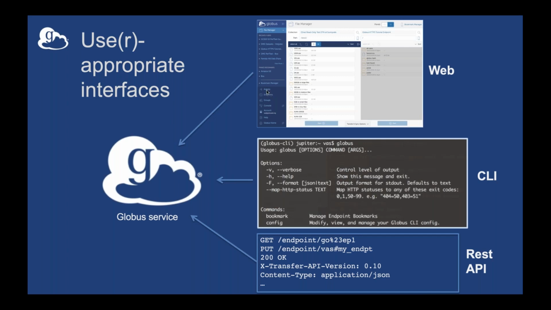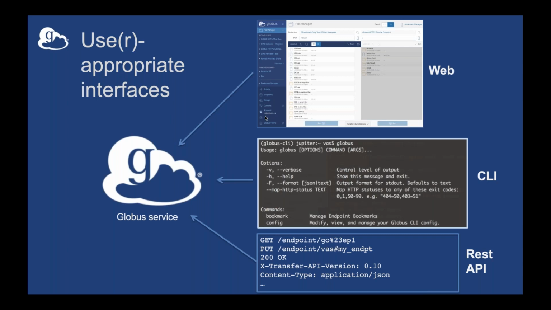There's the option to observe transfer activity, see how transfers are performing. I can manage the groups that can be used to control access to a particular endpoint. I can set up a group of Globus users and then share different data and directories with those endpoints, and so on and so forth. And I've also got my account information, which I won't say much more about, except to say that my Globus